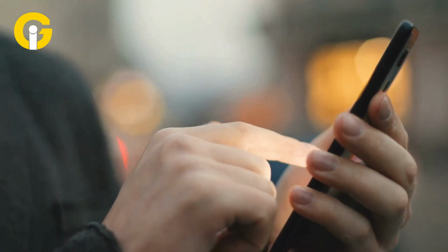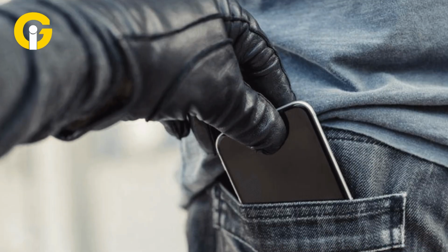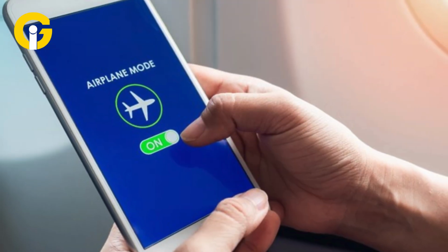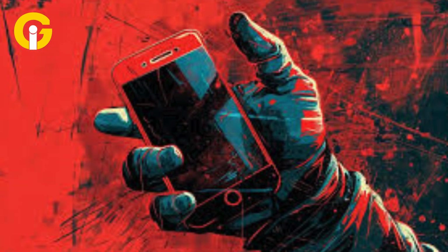3 Android settings to make your phone unstealable. Are you concerned about getting your phone stolen? Losing a mobile phone can be a major problem, particularly when thieves turn off tracking features by powering off your device or switching it to airplane mode. According to a step-by-step guide uploaded on Instagram, users should follow the instructions to protect themselves from their mobile phones